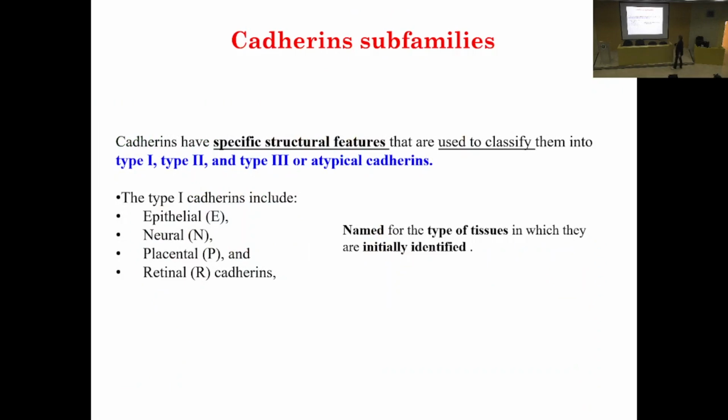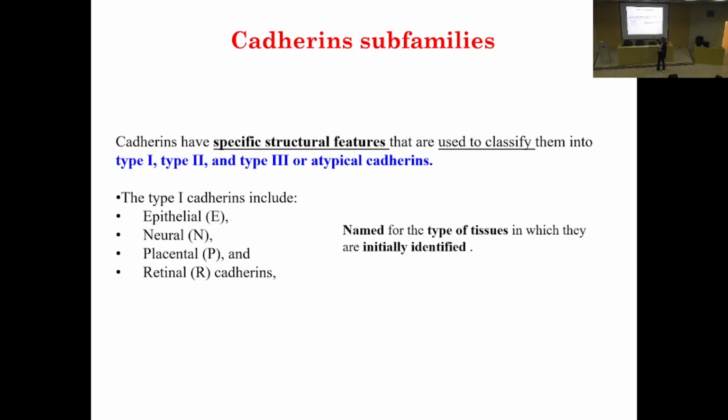All right, so to finish, I just want to say that we have a lot of cadherin in our body. And of course, the distribution of these cadherin depends on the type of cell. Okay? Some cadherin are found, for example, in the retinal cell, others in the placenta, and it depends on the tissue. So we have different families of cadherin. The scientists classify them into type 1, 2, 3, and you even have atypical ones, which are not really frequent